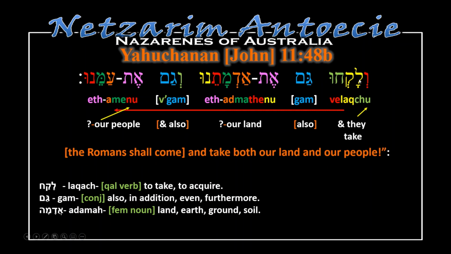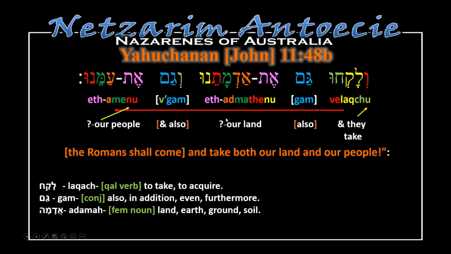Now, the word here is lekach. If we look at the root in the middle, and down here, lekach is the verb to take, to acquire. So therefore we get and, that's the vav, and they is the pronoun at the end, take, and they take, gam also, et grammar marker,